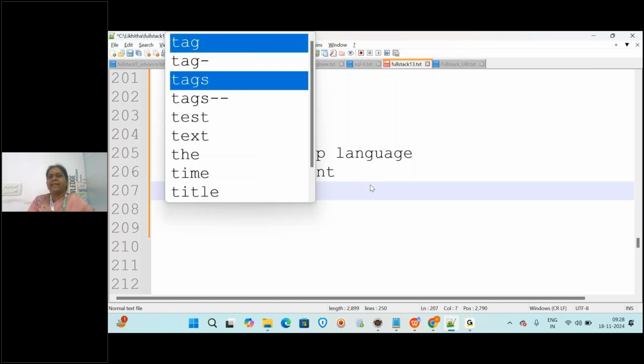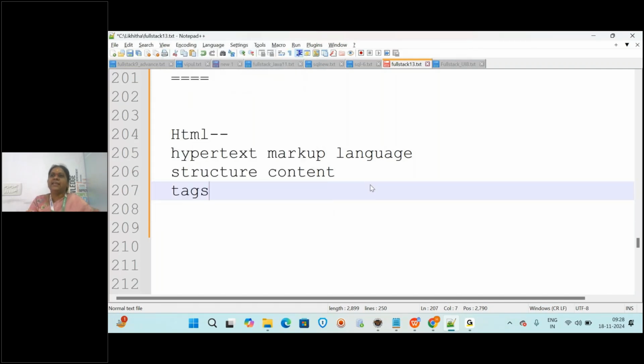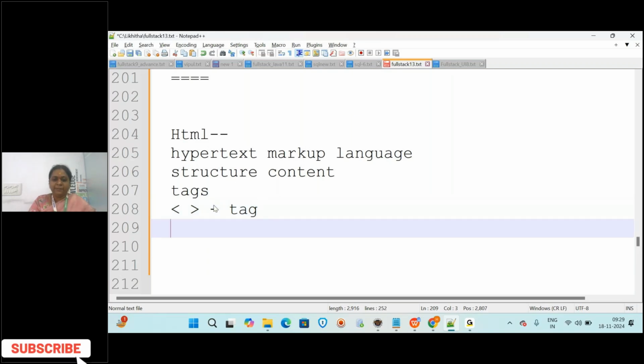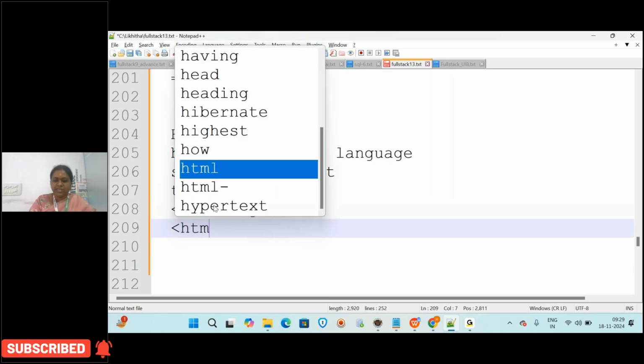Now, whatever you want to represent in HTML, you will be using tags. Everything in HTML, CSS, or JavaScript, we will be writing in between tags. A tag means, as I said, it is the open and close angle brackets. You will be writing between these. The greater and less than symbols are there, right? So this is called one tag. Clear, everyone? So what is the root element of your complete web application? That is HTML.